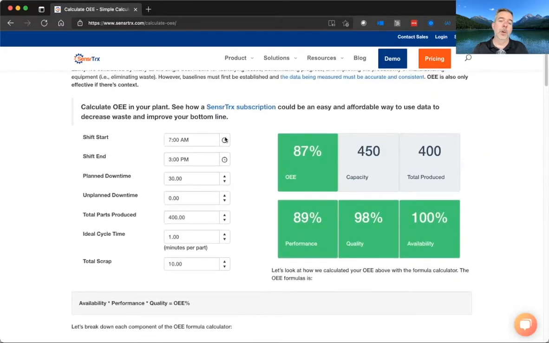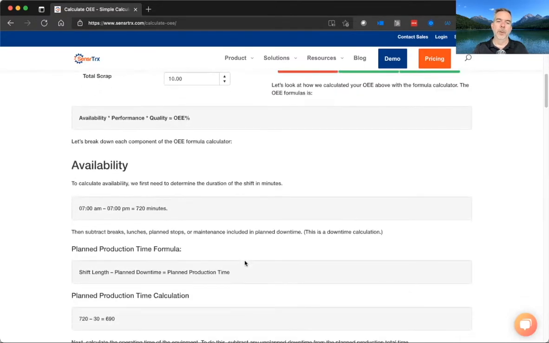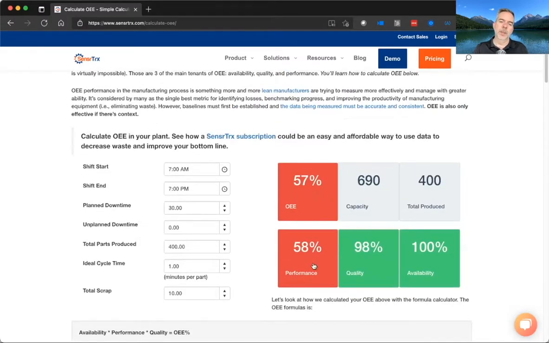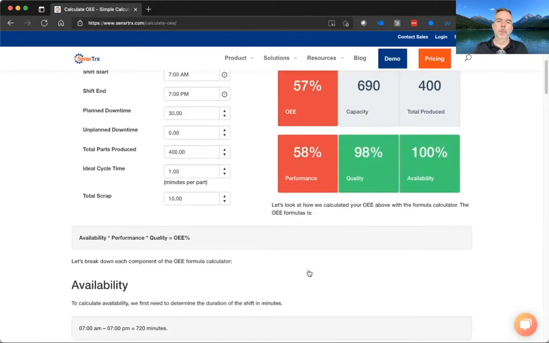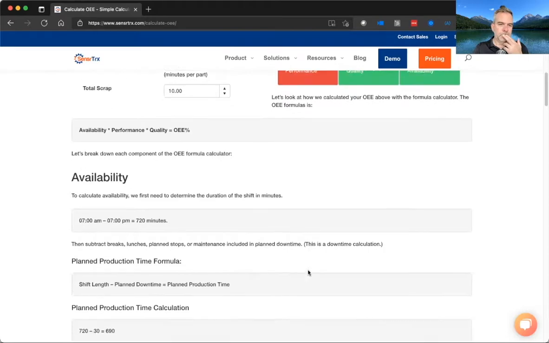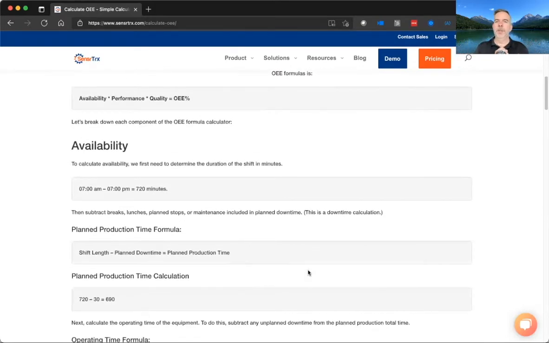So let's say you go from, maybe it's a 12-hour shift, right? 7 to 7, okay? So now the number of minutes in our calculator goes up to 720 from 480. You also notice that the OEE calculations changed. We'll talk about that later, but they did change. So the second part of this is, well, you'll think to yourself, Brian,